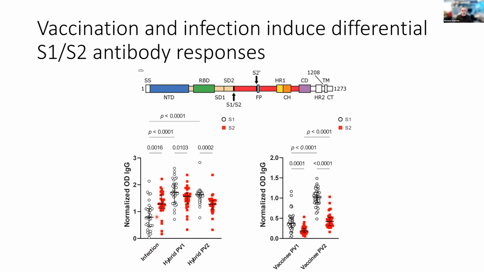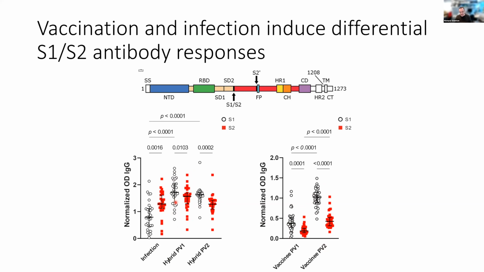If you then vaccinate on top of that, you really boost the S1 response dramatically, and you get just a small boost in the S2 response. And that's not really changed by your second dose. If you've just been vaccinated and never infected, then you're biased towards your S1 responses. S1 responses are higher than S2, and your second vaccine boosts this further. So your S1 responses become boosted very highly, your S2 responses only a little bit. The overall picture that comes out of this is that infection favors S2 responses, vaccination favors S1 responses. And so the only scenario where you get good responses against both domains is if you have hybrid immunity.